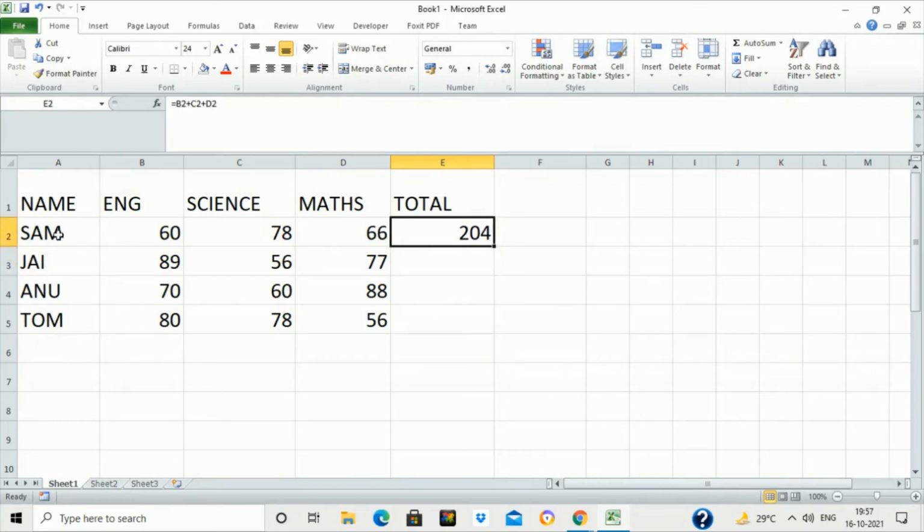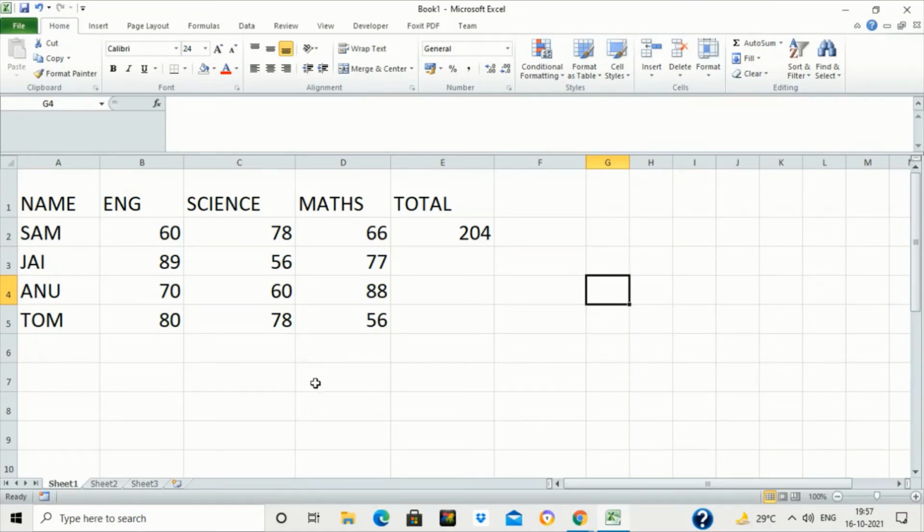Now suppose it's a long list of values. Right now I have written only four students' names, but there can be more than four students in this particular table. In that case, I don't need to write the formula for each and every student separately. I can simply write the formula once, like I have written it here, and place my cursor in the lower right corner. If you see on any cell, in the lower right corner, there's a small rectangle, a small dot.